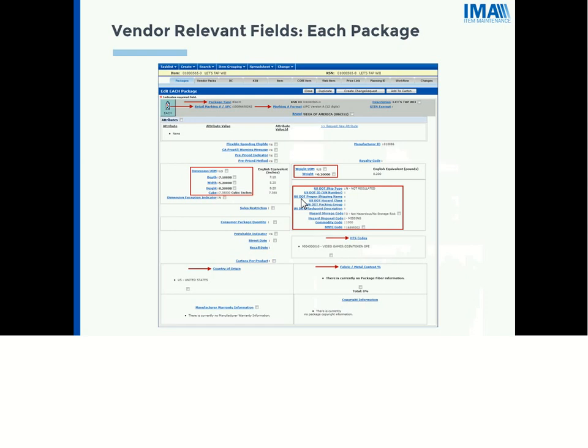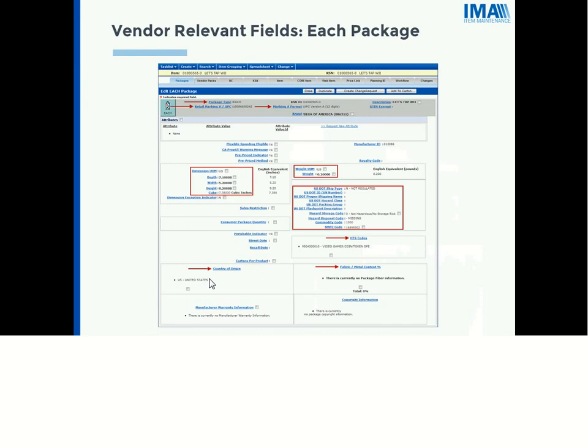Below that, you will see your country of origin, and you will also see your fabric metal content. So with your country of origin, I want to call something out. If you put U.S. down here for country of origin, please be sure it's actually completely made in the U.S., because there's a lot of people who only want to purchase items that are 100% American made. So if you are putting that it is American made and part of it is made in a different country, that can really cause some trust issues between your product and the customer. Please make sure that that is accurate.